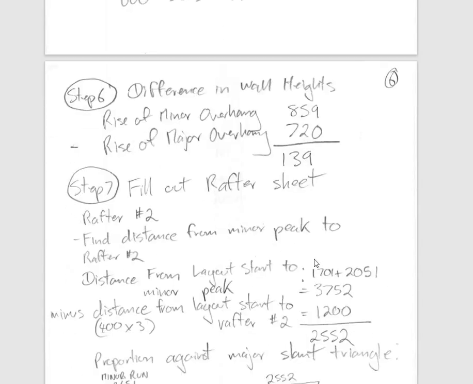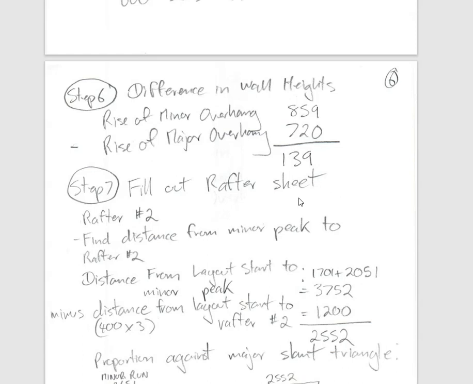Another piece of information that'll be important to have for building this roof would be the difference in wall heights. Now, in order for everything to sit properly and evenly around the eaves of the house, we actually need to frame the walls of the minor roof a little bit higher than the walls of the major, and that has to do with the difference in rise of